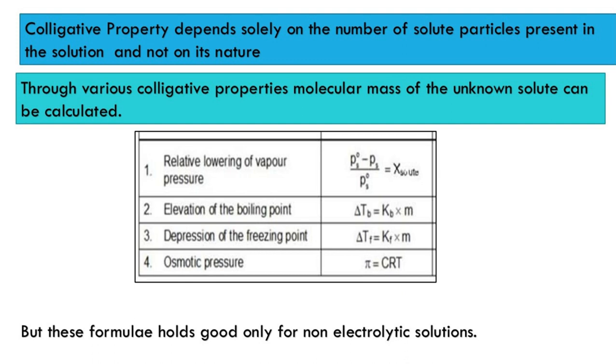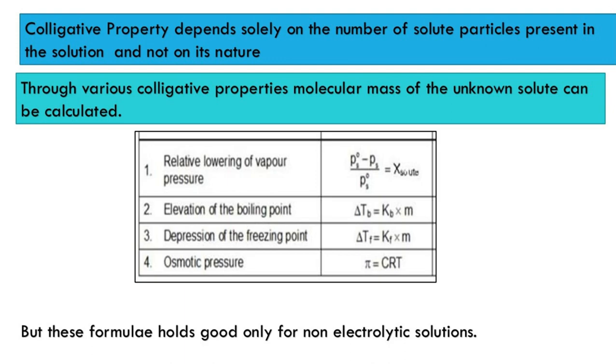Let us discuss abnormal molar mass. We know colligative property depends only on the number of solute particles present in the solution. And through various colligative properties, we can calculate the molar mass of the solute. But with these formulae listed on top, we can calculate the molecular mass of solute exactly only for